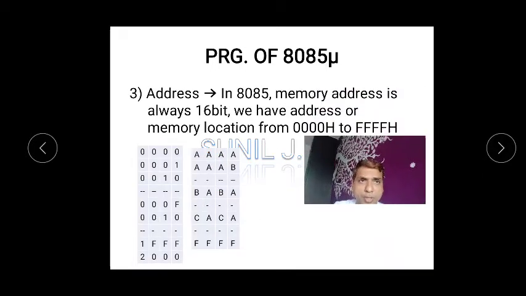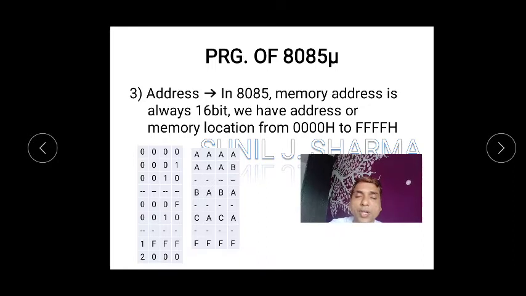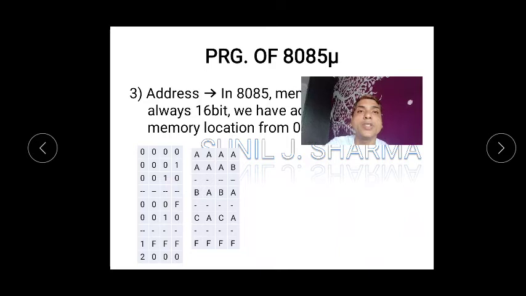In this session we will be studying only operands. Address. Now remember that in 8085 the memory address is always 16 bit. We have addresses starting from 0000H to FFFFH. So this is your minimum and this is your maximum. I have given an example like 000. It is like a meter reading: 000, 001, 0010.